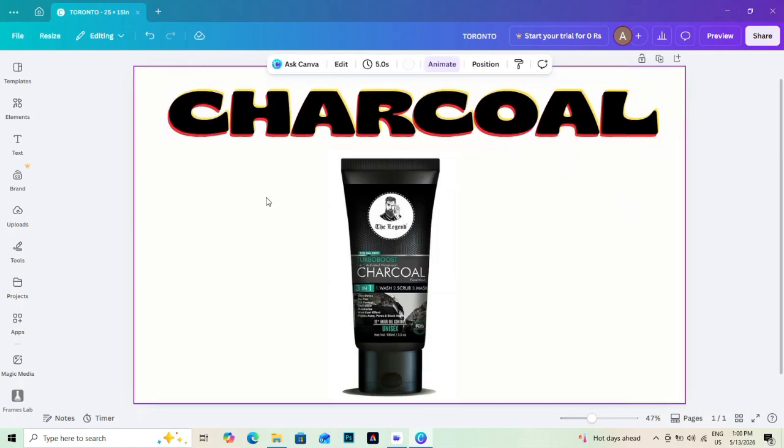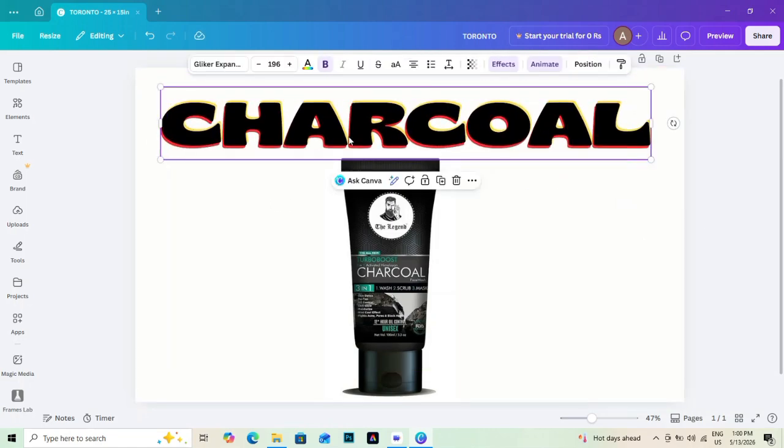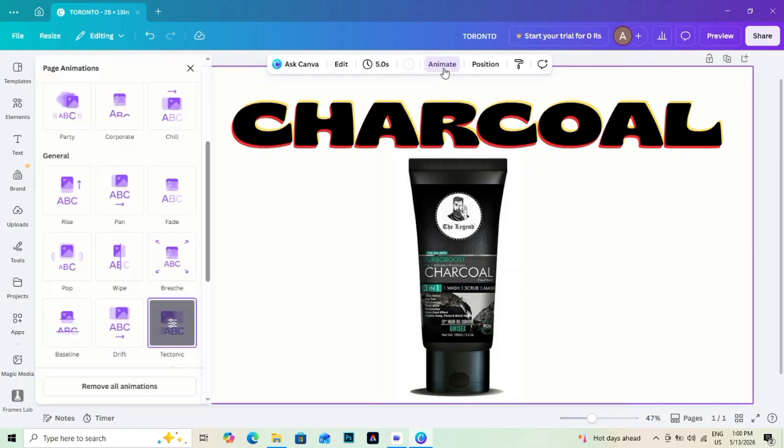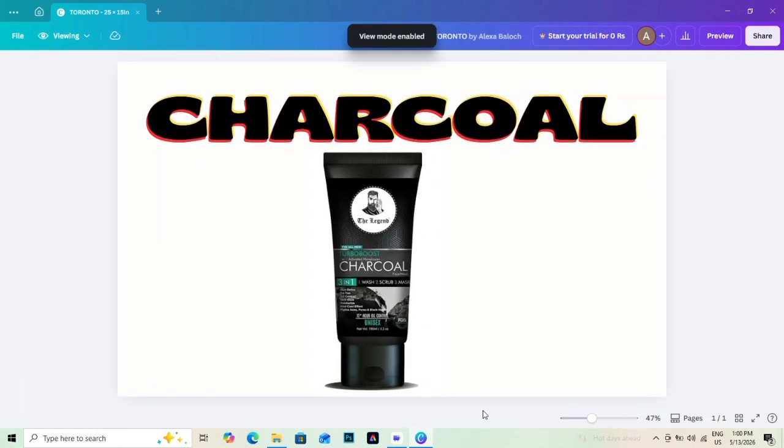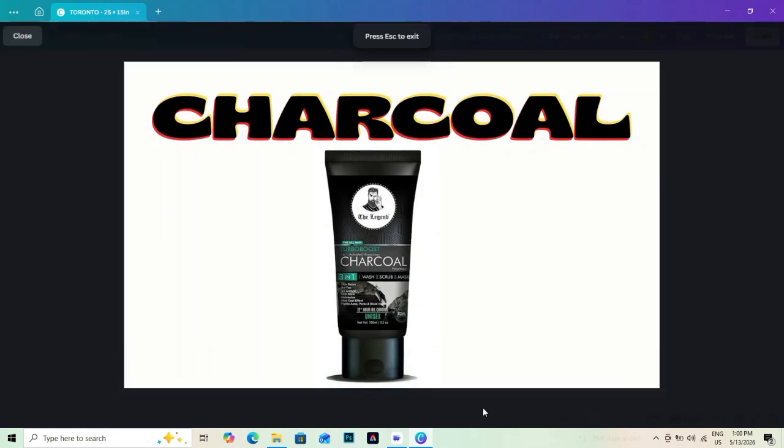Slightly rotate one frame to create energy without disrupting balance. Use position tools to align everything while preserving the visual flow. Add minimal